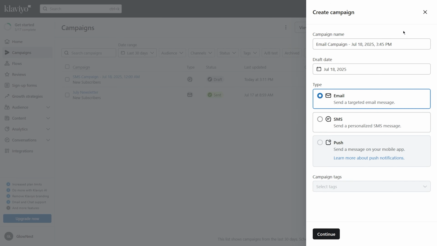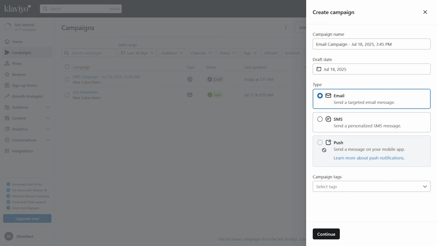Mobile push notifications. If your business has a mobile app, Klaviyo's mobile push feature lets you send push notifications to users. This is more advanced. It requires installing Klaviyo's SDK in your app and getting users to opt in to push notifications. But the advantage is that you can manage push messages in the same Klaviyo dashboard as emails and SMS messages. For example, in a flow or campaign, you could include a push notification step, e.g., send a push alert 1